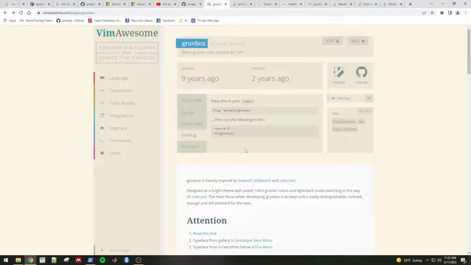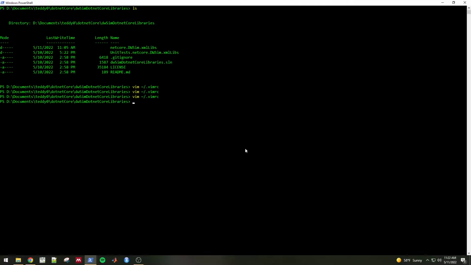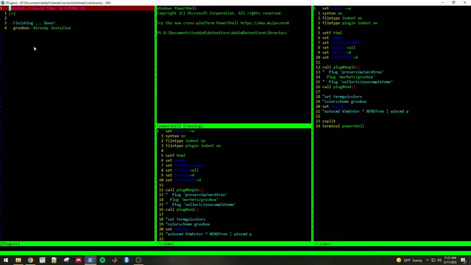What does this mean? This means you will source the vimrc, but if you don't want to source the vimrc from here, you can just quit everything and then come back here. This will actually source your vimrc. Okay, that means it will read everything within the vimrc. Okay, and then after that, what I want you to do is to type in under command mode, meaning to say semicolon, then PlugInstall. Plug with a capital P, install with capital I, and then you type this, and then